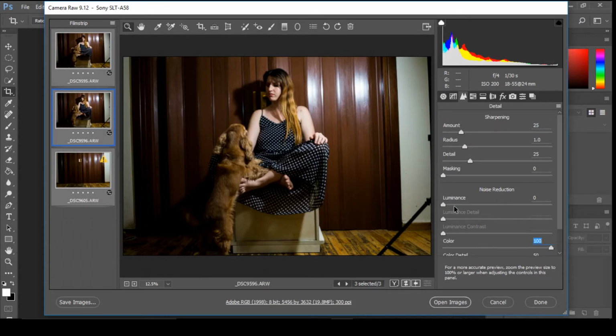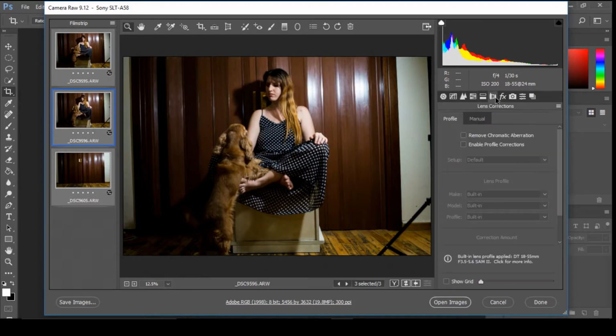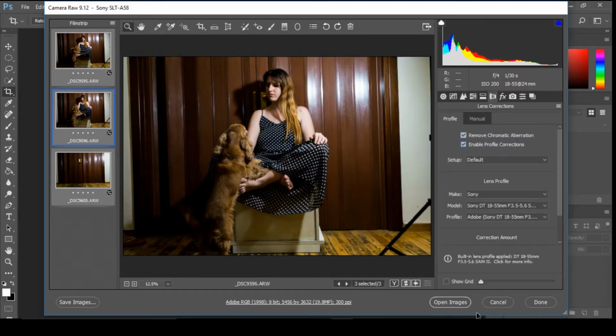Nice. Let's make it a little bit more smooth, like this. And camera calibration, I want this.